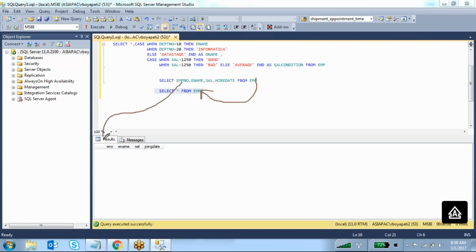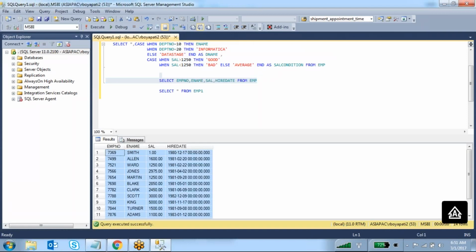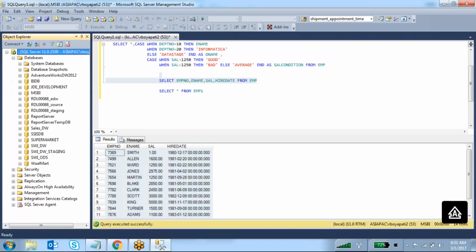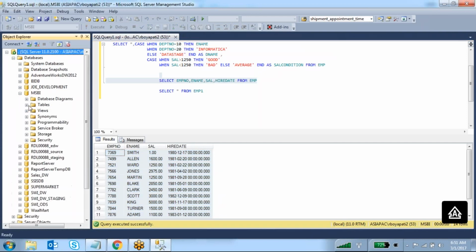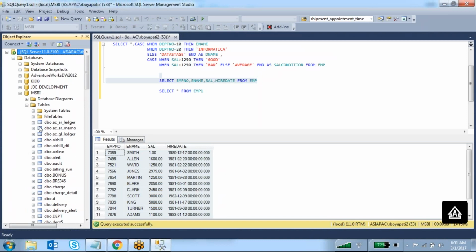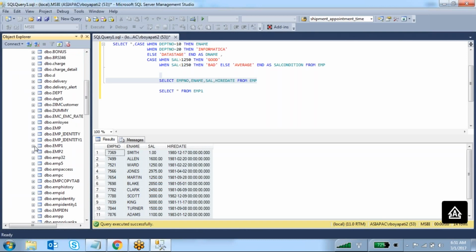This employee number I want to load into employee number. This employee name I want to load into employee name. This salary I want to load into salary. And this hire date I want to load into joining date. So any idea how we can do this? Simply you can execute this, copy this data, and go over here under MSBI, under tables, the EMP1 table.